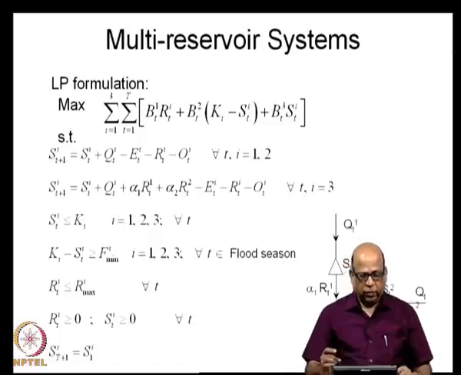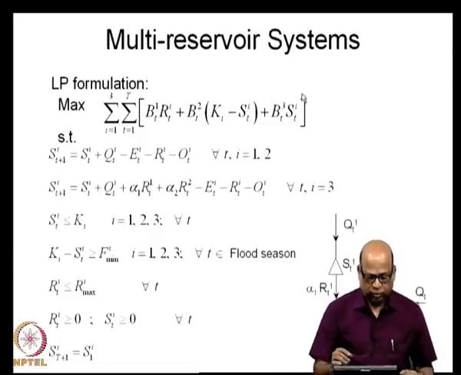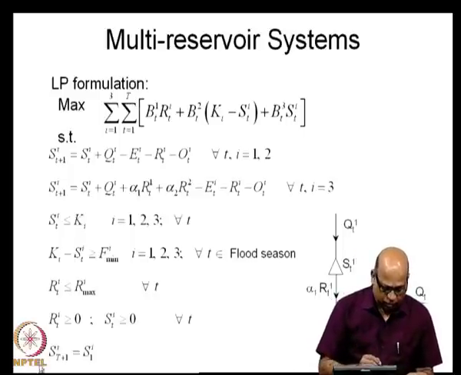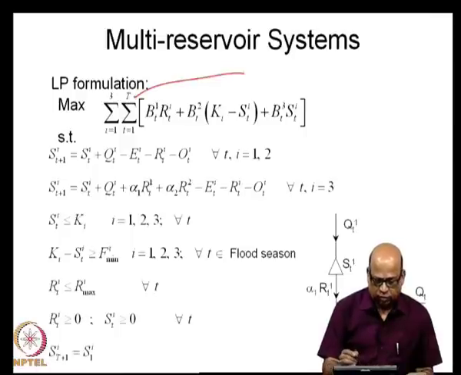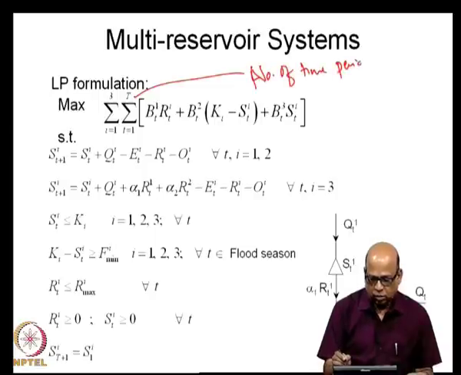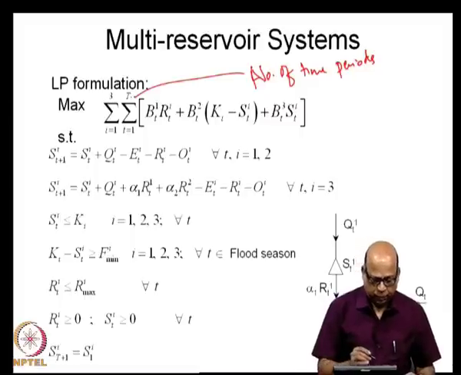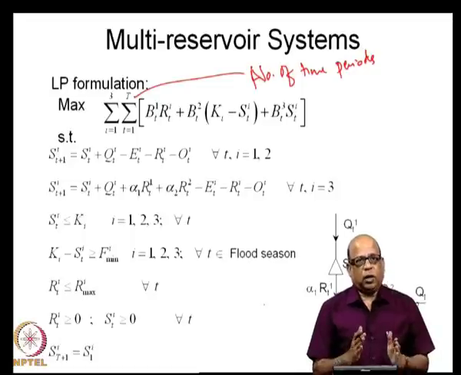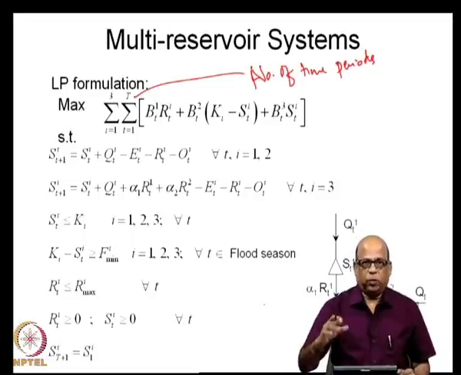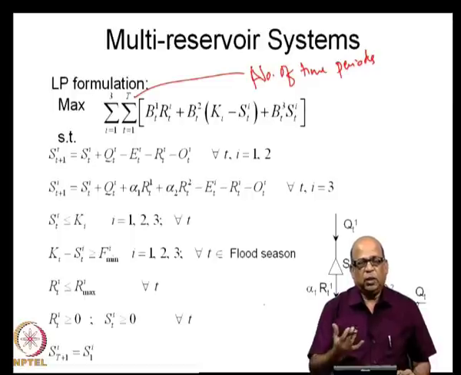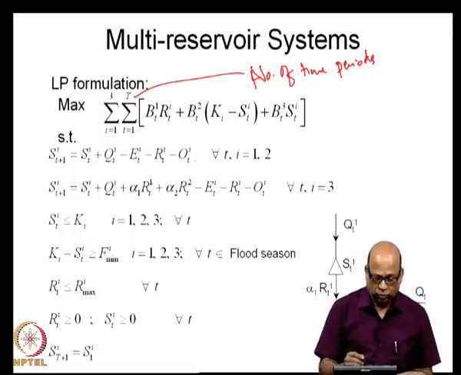We will formulate this as LP formulation. Just understand these terms correctly. We have T time periods. So, this is the last time period in the year, or the number of time periods in the year. So, if you are looking at monthly time periods, T will be 12, and this is number of reservoirs, I is equal to 1, 2, 3. So, all you are doing is across time periods, across space over all the reservoirs, you are summing up the net returns that you get from the reservoir release policies.